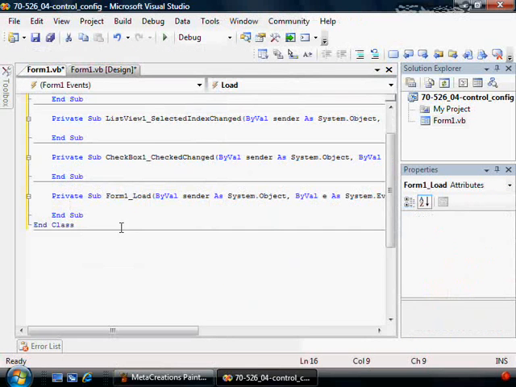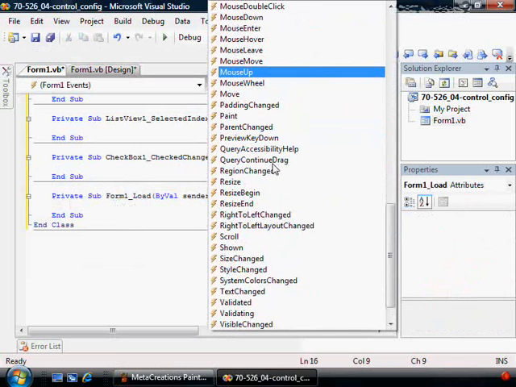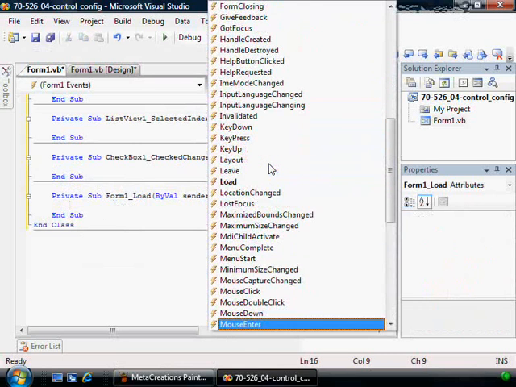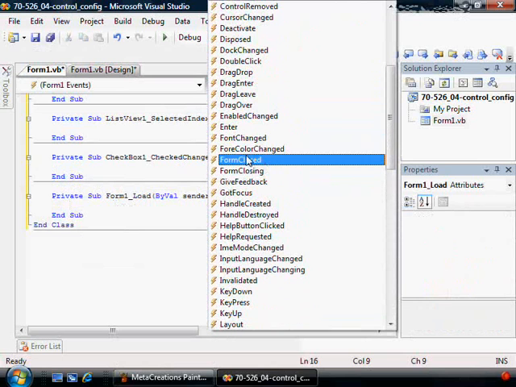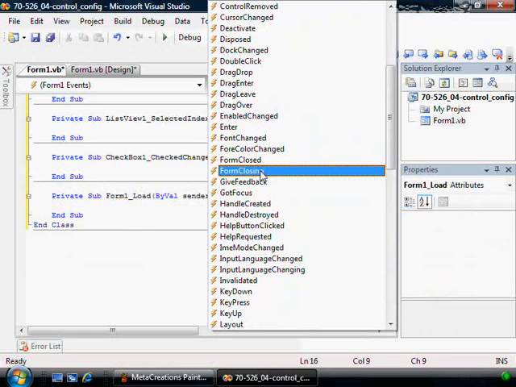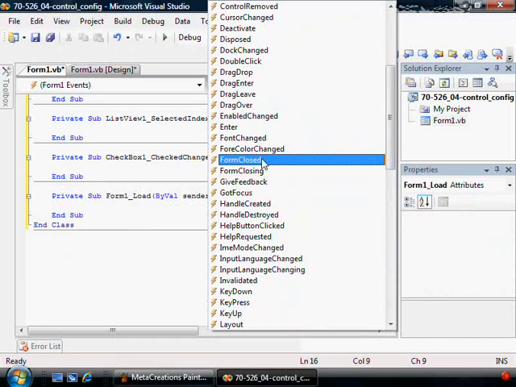If we double click on the form, it'll take us into the form load event. So these are all the things you're going to want to do right when the form fires up. A form also has a form closed event and a form closing event. If I scroll up here, here are these. So form closing means it's in the process of closing. Maybe you want to prompt them with a message box saying, hey, are you sure you want to close this form? And if they say no, we can cancel the close. Where form closed means it's too late, it's already closed. This is a great place to close database connections and do what we call